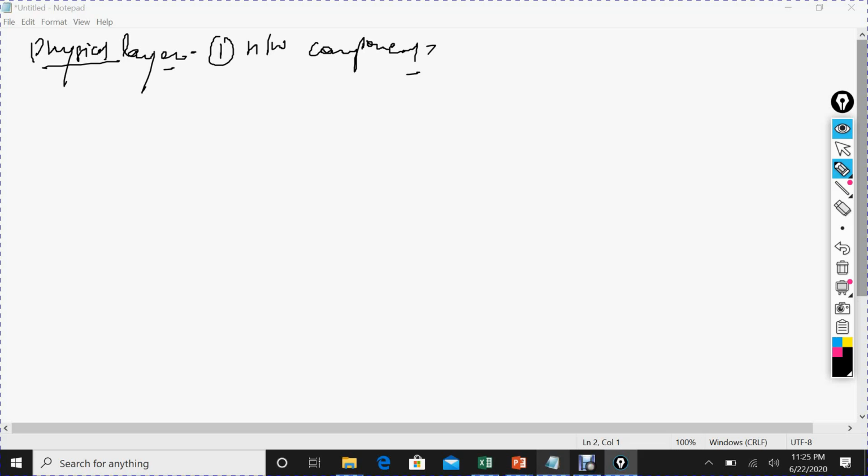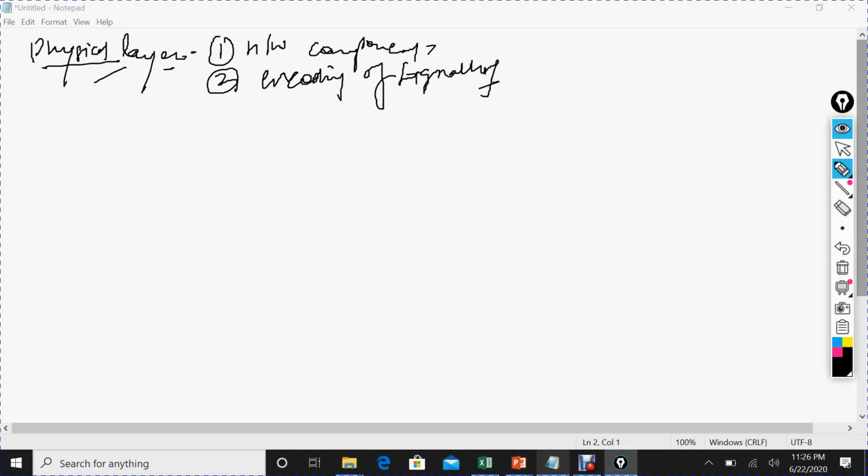It's all about the physicality of your infra. And the second most important functionality of the physical layer is encoding and decoding of signaling.